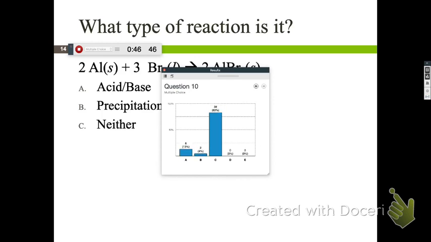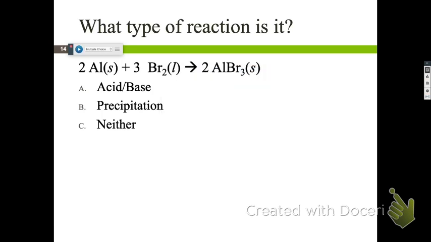There's a little bit less certainty with this one, and it's because we haven't talked about acid-base. Have you guys talked about acid-base reactions before, though? All right, we're going to spend the next 5 minutes talking about those. This is not an acid-base or a precipitation reaction. This is actually a redox reaction, and you guys will be talking about those starting next week.